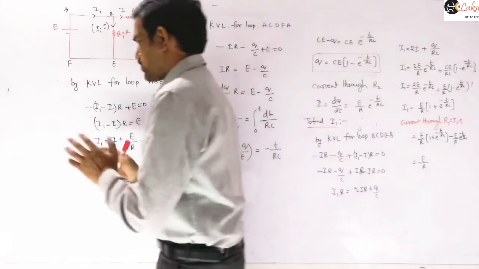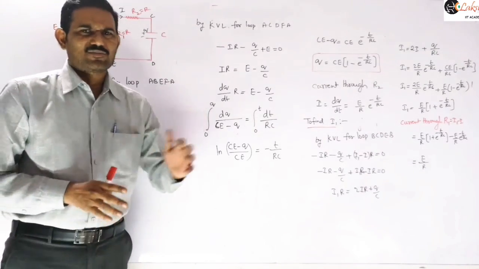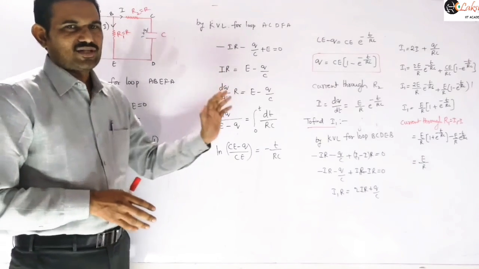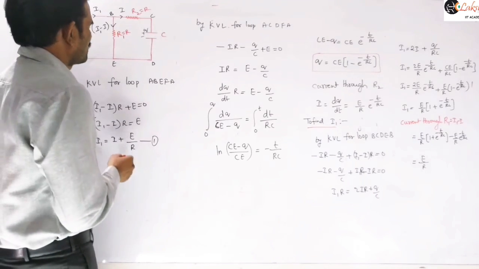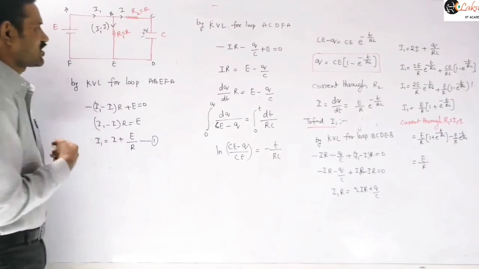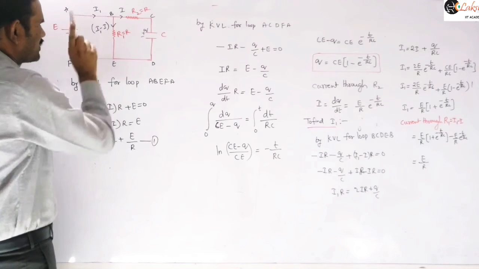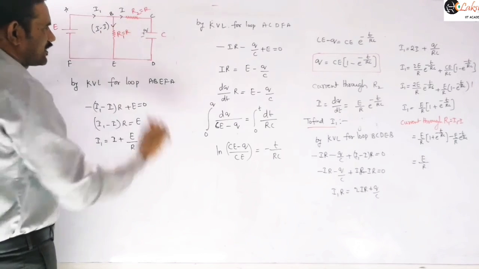So now let us see the procedure to find this. We just need to apply our Kirchhoff laws here. That is the basic procedure. I will explain how to answer it directly also. But our general basic procedure to find the charge on the capacitor at any instant is, we need to take some current distribution here. I am assuming the current drawn from the cell is I1, and the current flowing to this capacitor I am taking as I here.